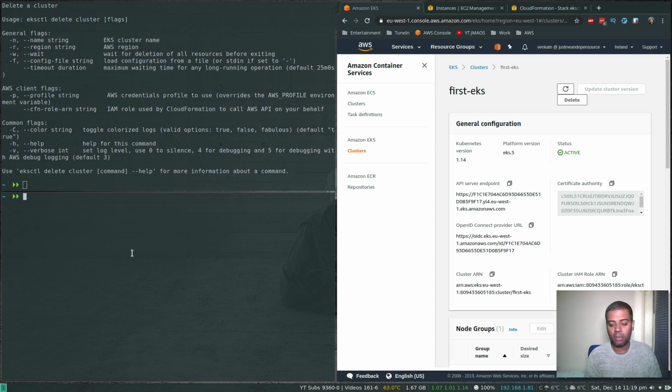So once the command completes, it just waits for all the resources to be deleted, and once the command completes, you will be sure that all the resources have been deleted. Okay, let's delete our cluster now. eksctl delete cluster --name is